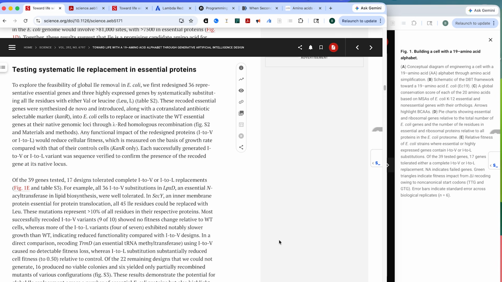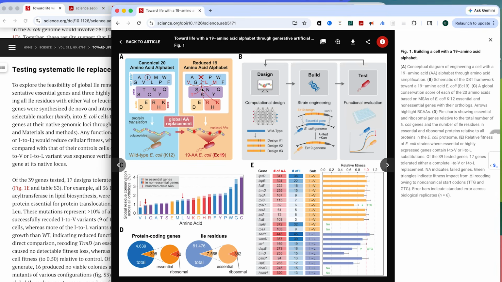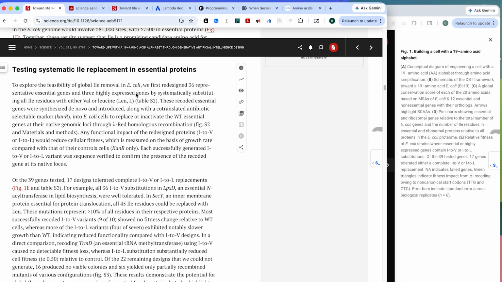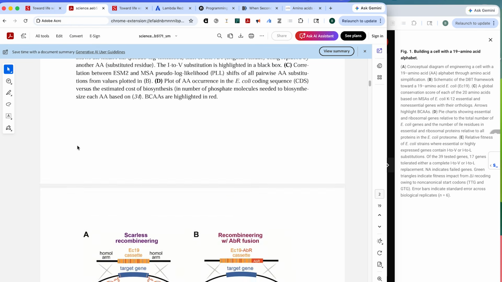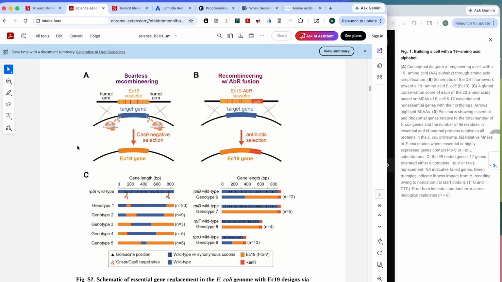Okay, so let's go through how this method works and what their strategy is. They're directing us to figure S2 and the materials and methods. So if we go to the supplementary figures, this is one of the figures that we saw, and I said this is going to be one of the methods figures that we might want to look back at later. What their strategy is, they're basically going to be taking